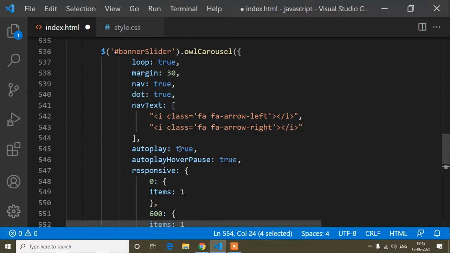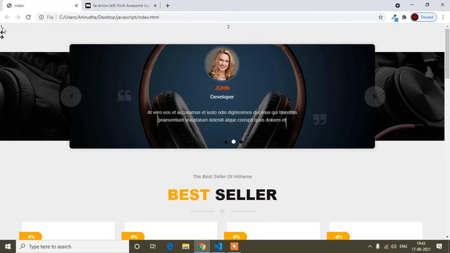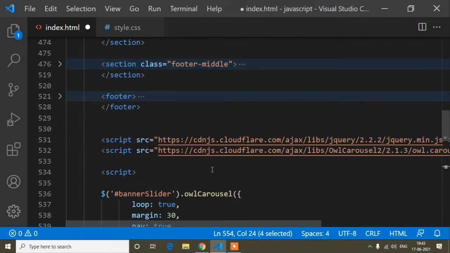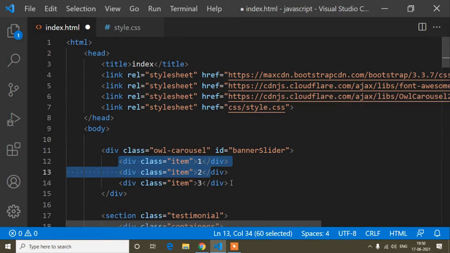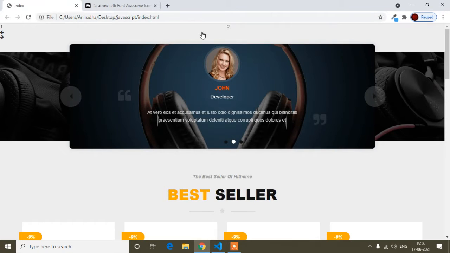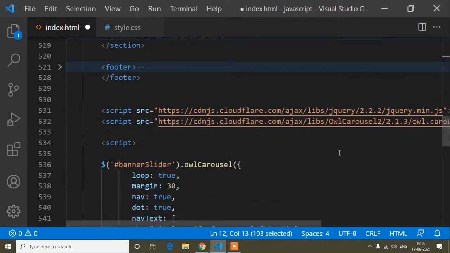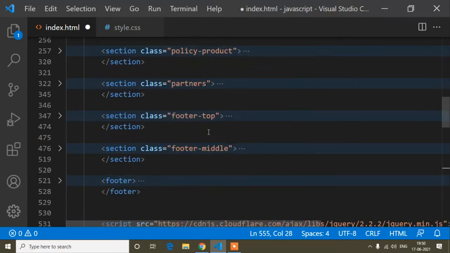So I will write here 1 item for all the sizes 0, 600, 1000. And guys, some other property like loop is true. That means when it has 3 items, as I have added 3 items here, when our slider completes the 3 items, like here, first it's showing 1 and 2. So if I refresh, I forgot to save because I have written 1 here.